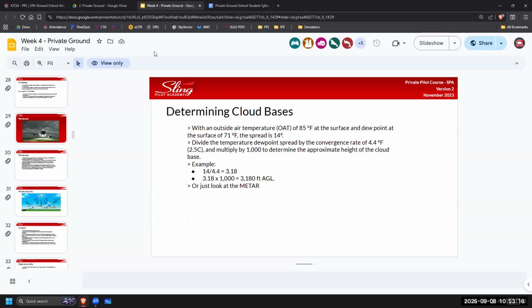Does everyone know what speci means? Special. Yes, special weather report. So this means this is another update that they've given you outside of the hour. They update this hourly, and if something changes significantly, they will update it in the middle of the hour, and that will be notified by a speci. A special weather report, something needed updating, so they released it between the hour.